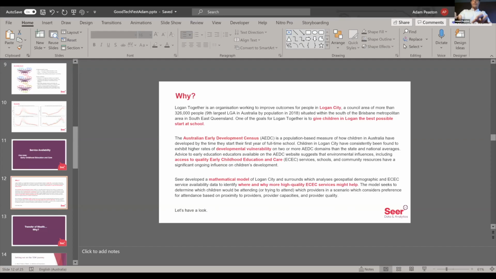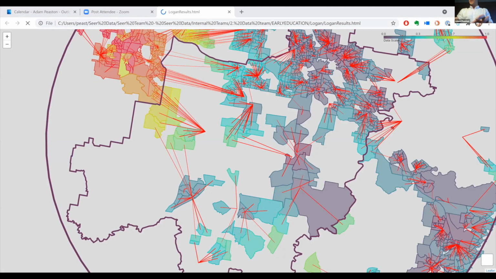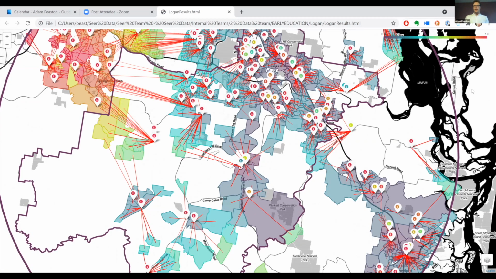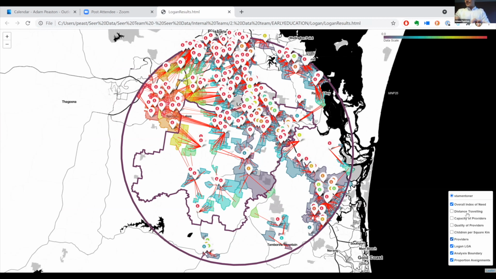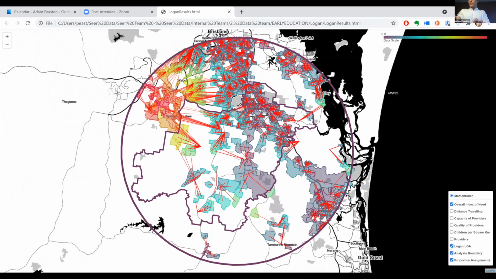I'll pull up the live model and show everybody. There we go. So can I ask, can everybody see the map that I'm just showing on the screen right here? I hope everybody can see that one. Okay. Oh, that's cool, Jay. I just saw you give me a thumbs up. I didn't realize it was going to let me see that. That's cool. All right, so I'll just turn off a couple of things on this map